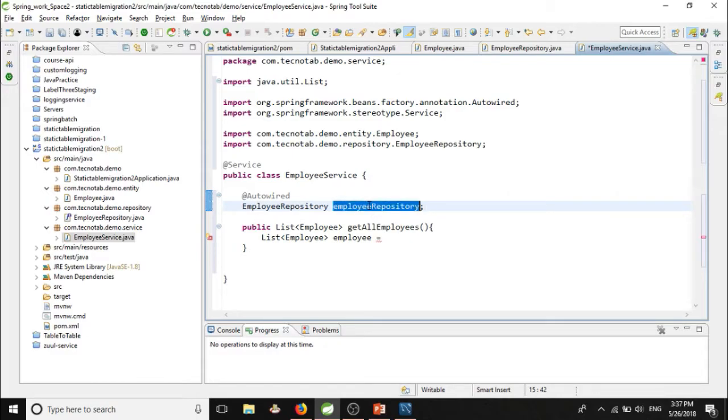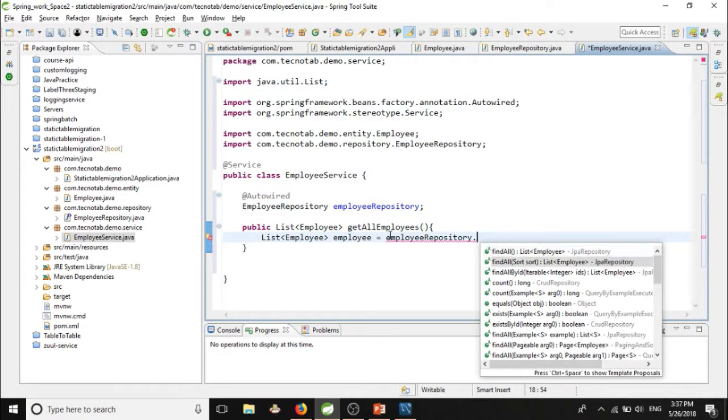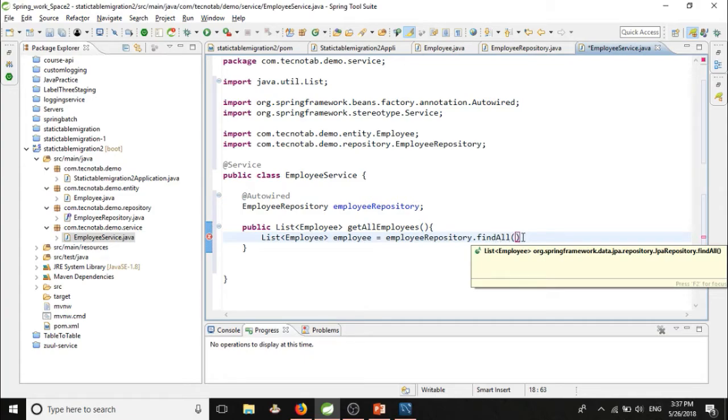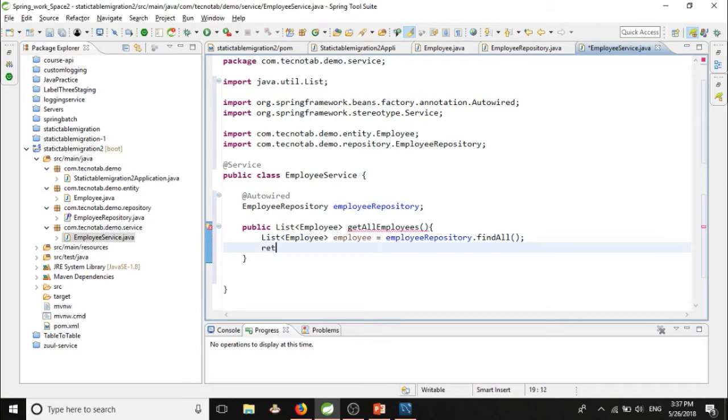We can use the employee repository and its methods: employeeRepository.findAll. findAll is a method available in the JPA repository. It will give the list of all employees, and let's return it.